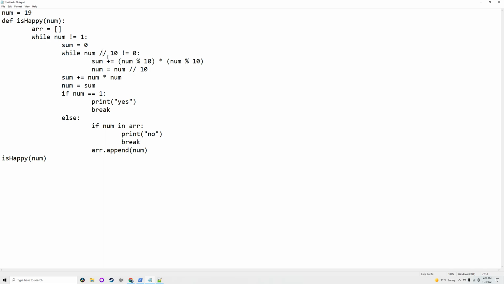And while num divided by 10, which divides it without any decimals, is not equal to 0. So while it's that, it will divide it without any decimal. So if it's 82, it would just go to 8. So 19 divided by 10 would be 1, and then sum starts at 0, and sum will be equal to sum